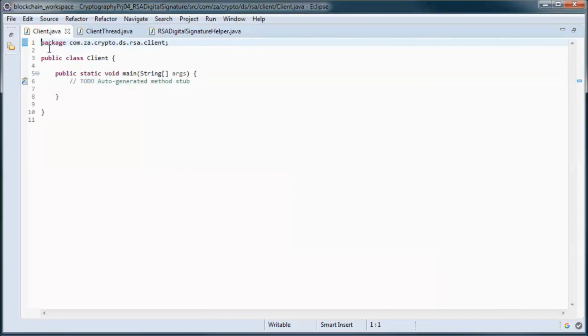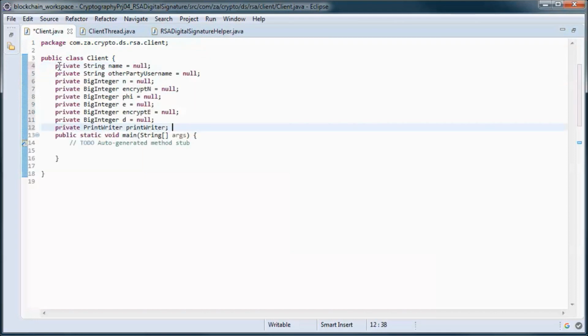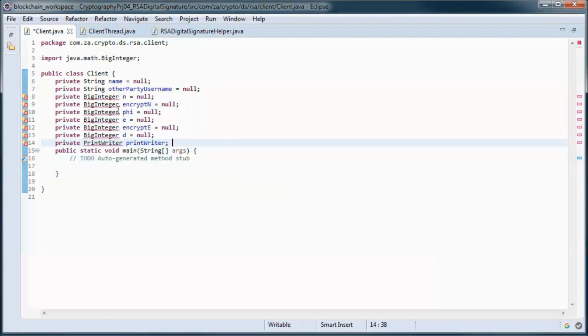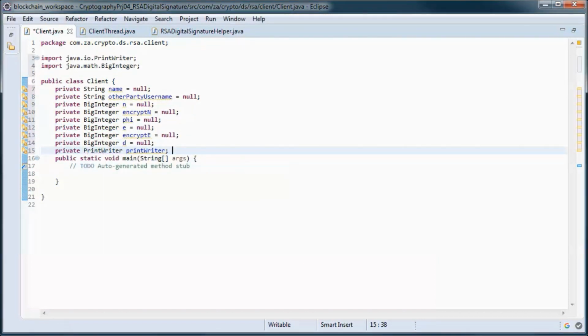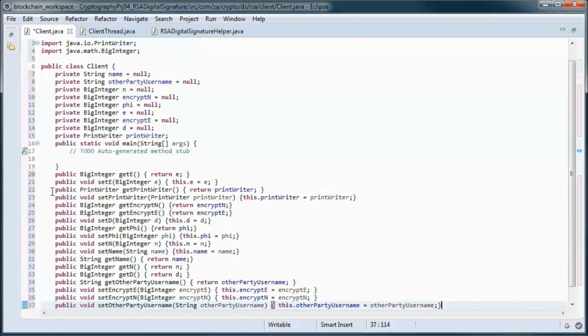And the client will have those instance variables, and get and set methods for them.